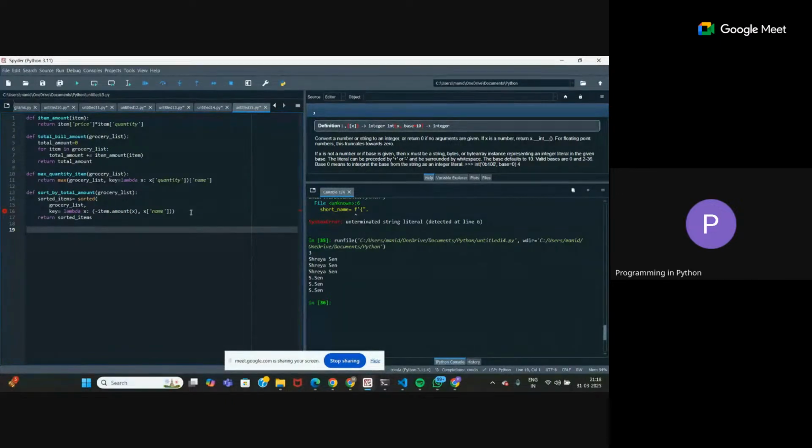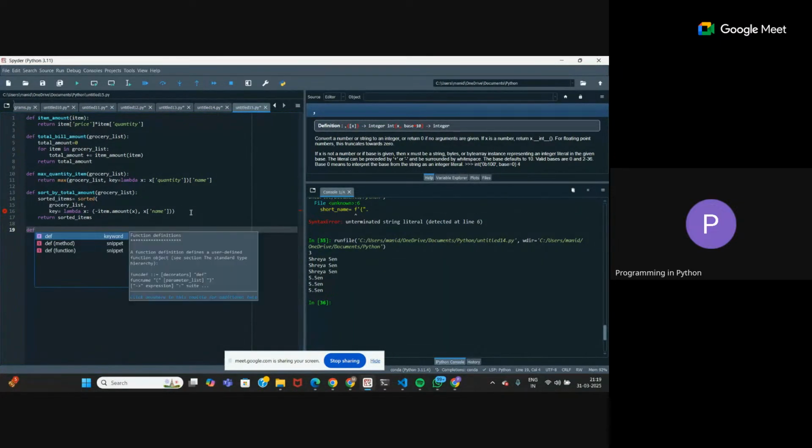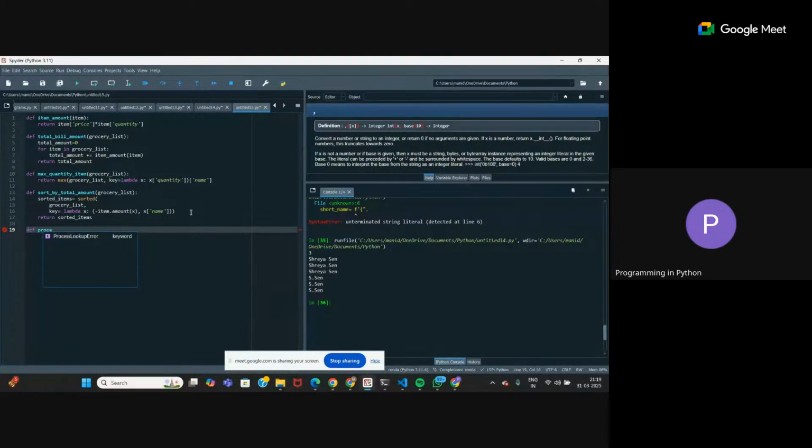Okay. Now we have to write the main function also. The main function, let's call it process grocery list, which will take as argument the grocery list, and it will also take the request, that is, which task you want to perform, right?